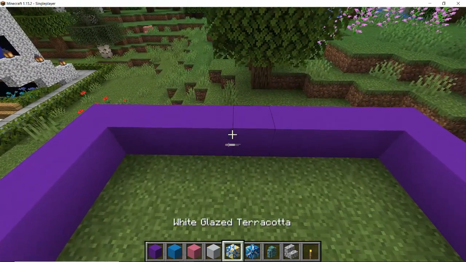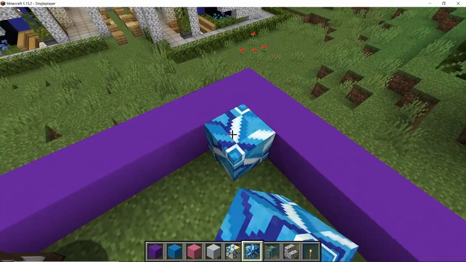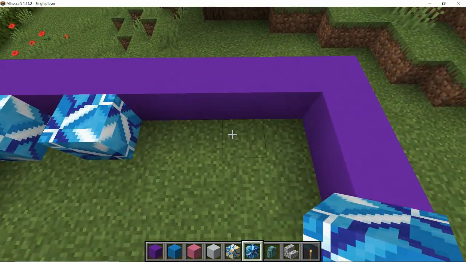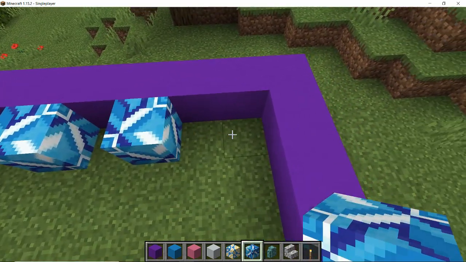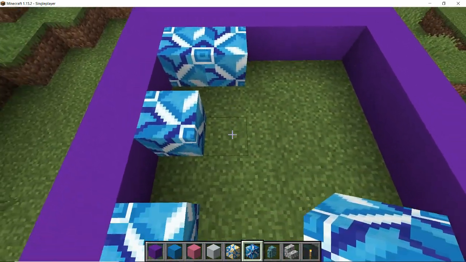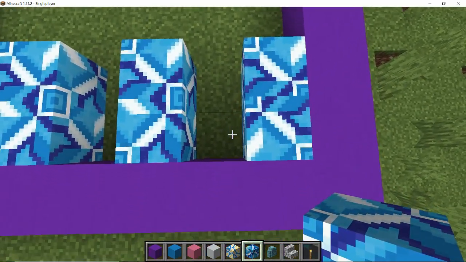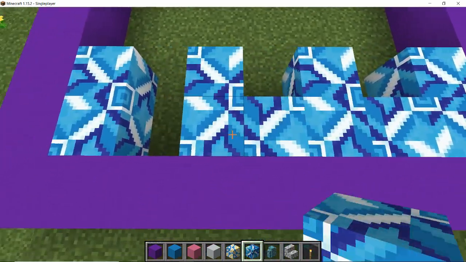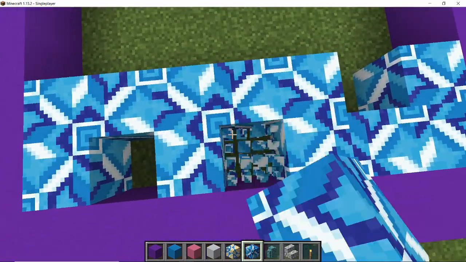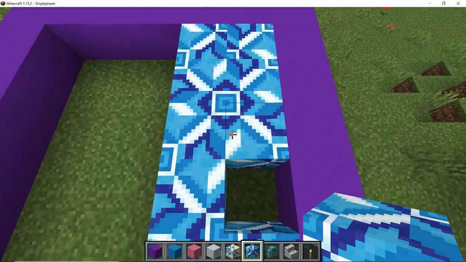Right, so for my floor on the inside of my house, I'd like to use the light blue glazed terracotta, which I might have trouble placing because we have a cow in our house. So I'm going to attempt to keep the pattern on this. Let's see if I'm turning in the right directions. Did I just... No, it's that space there, isn't it, that we want this one in? Right, and then one more turn, and...